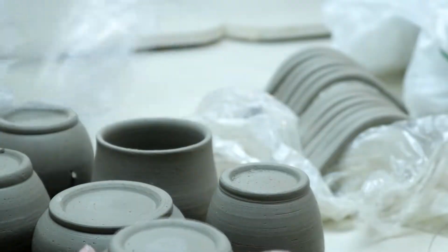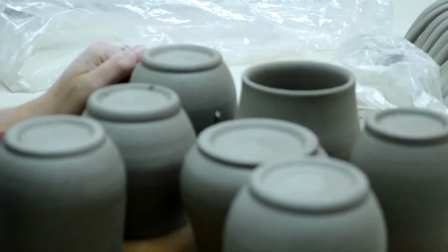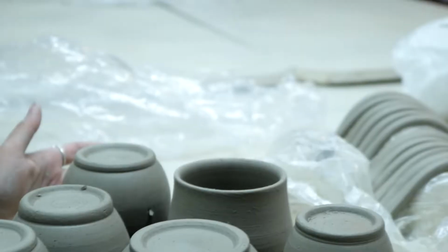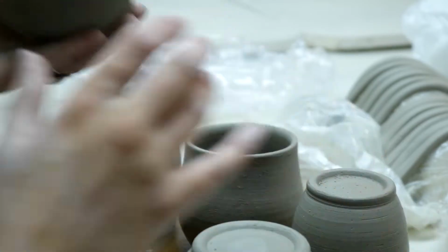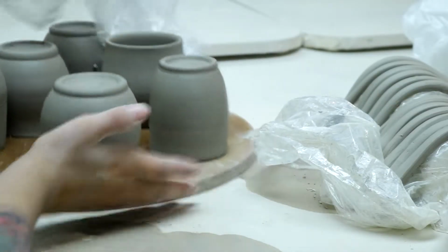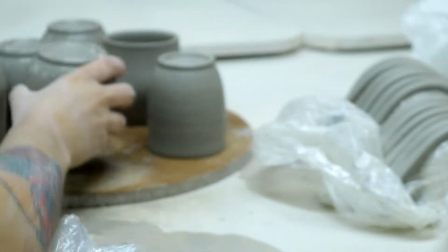Just finished trimming all of these mugs here, and now we are going to attach our handles. As you can see, I've got quite a few mugs and a lot more handles, which is good because I can have my pick of which handle goes on which mug. I'm gonna start with this guy because I really enjoy the little stubby shorter mugs I've been whipping up lately. And then all my other mugs, I'm just gonna give a really good spray and keep them wrapped up in plastic